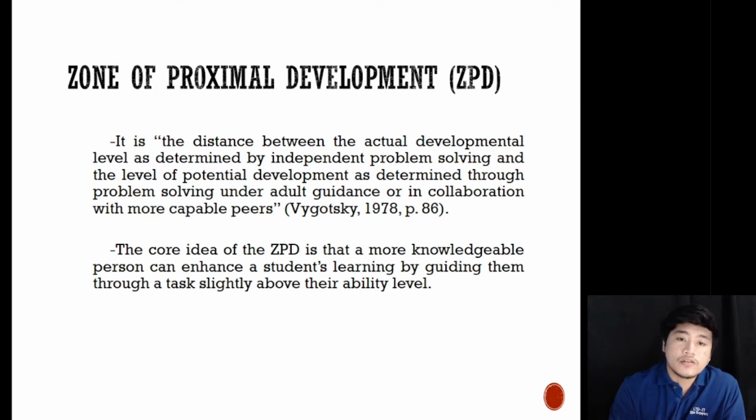So zone of proximal development is the distance between the actual development level as determined by independent problem solving, and the level of potential development as determined through problem solving under adult guidance or in collaboration with more capable